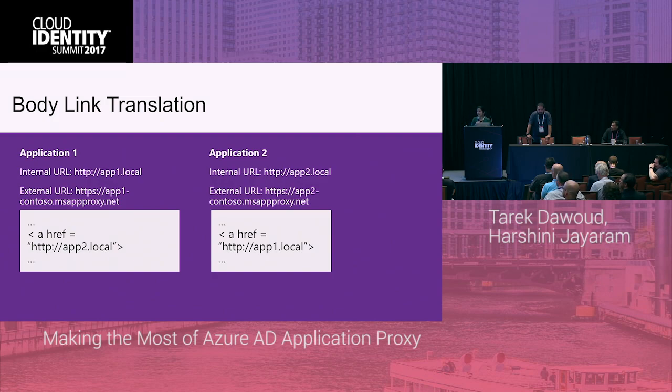So for example, let's say we have two applications, and each of them references an internal link to the other application. So app2.local is pointed to from app1, and app2 points to app1.local. Well, if you've published these applications with application proxy, when you're accessing the app externally, we'll go through the body looking for any URLs that are recognized internal URLs of an application proxy app,